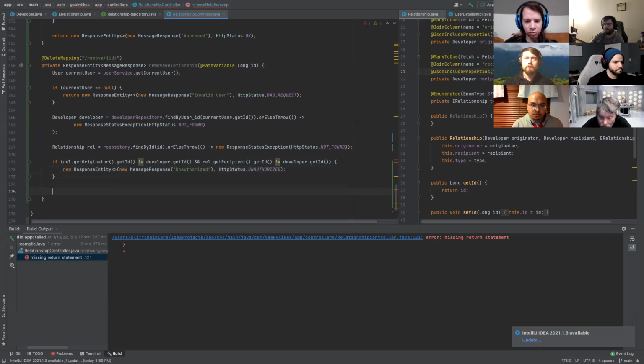Line 75 tells us what? What do we know now about the relationship and developer? If they are either or, that again, the relationship exists and that the developer is part of that relationship. So they are allowed to remove this relationship. They are someone who can. So in that case, let's think about it for a second. In this case, we have pending, approved,